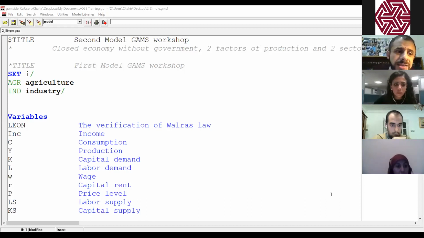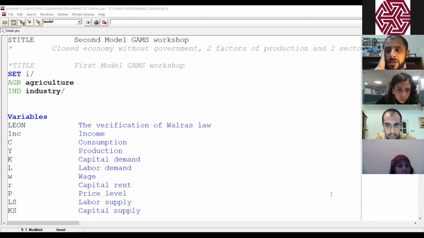So now we have set I. Here I'm calling the sector with an index I, and this I will take the value of agriculture and industry. This means that we have two sectors. So that's the first thing that we have to do in order to introduce the sectoral dimension in GAMS.